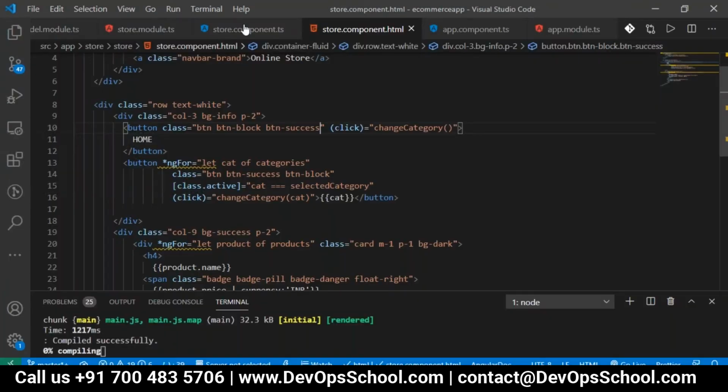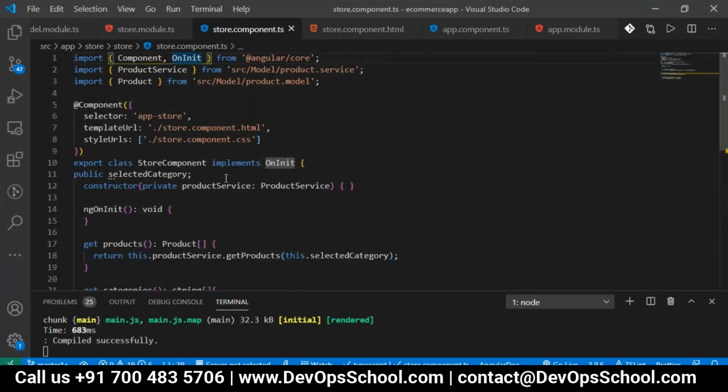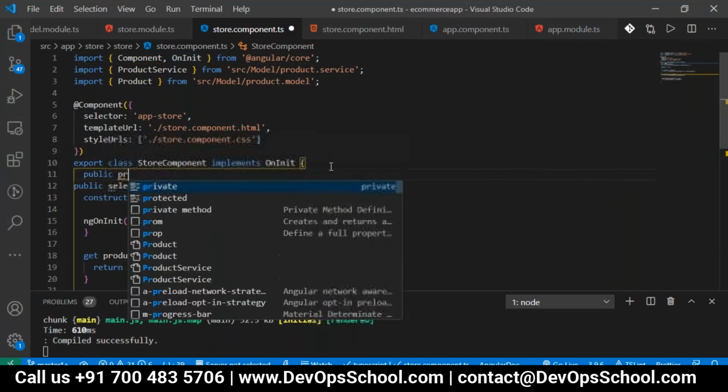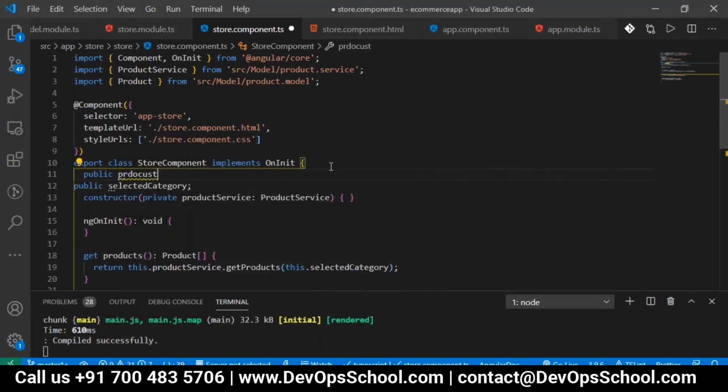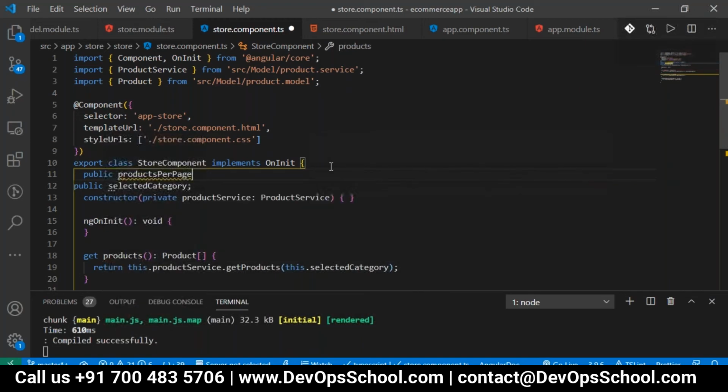So I'm going into the store component. Here I'll first define one variable, products per page, which is equal to 4.